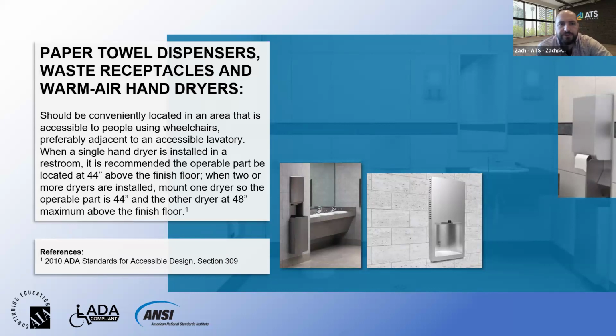So a question coming in from the chat relates to both this hand dryer section as well as the other accessories. They're asking whether or not there's a junior height in the code, I guess tied to ADA. And correct me if I'm wrong, from my understanding, this would tie into those additional options. You would have an additional piece of equipment that you could install for a junior height. This would most typically be done in, say, an elementary school or daycare application, where you have predominant access by children. There are recommended heights for